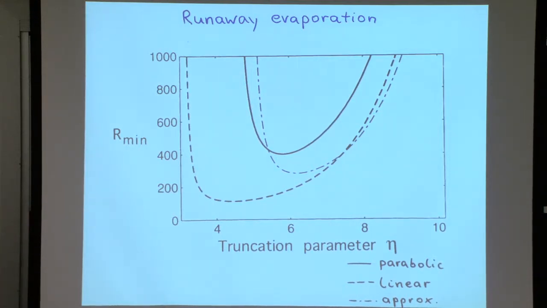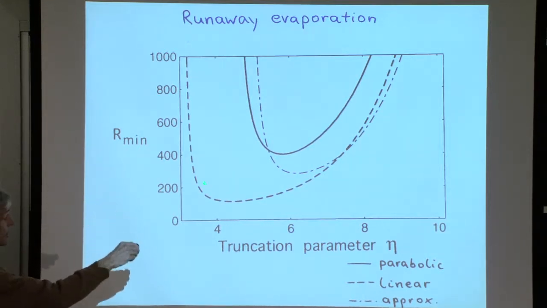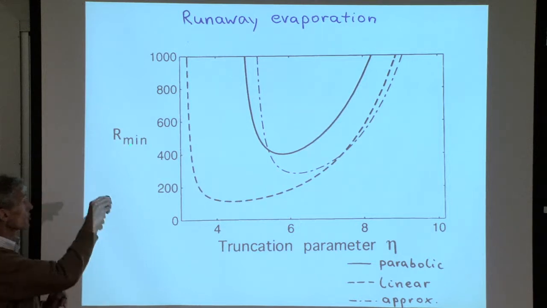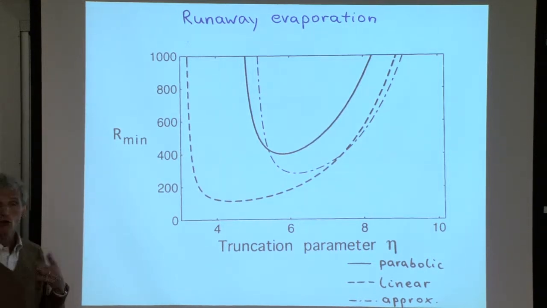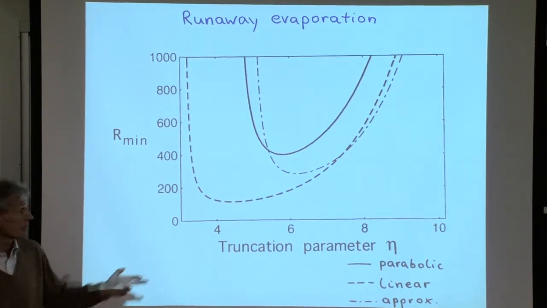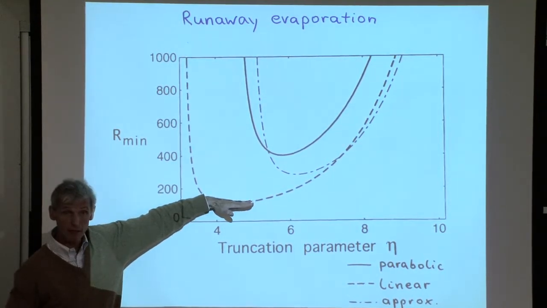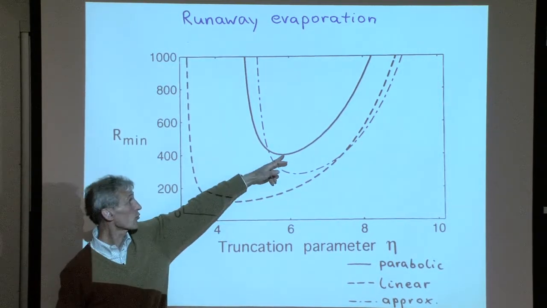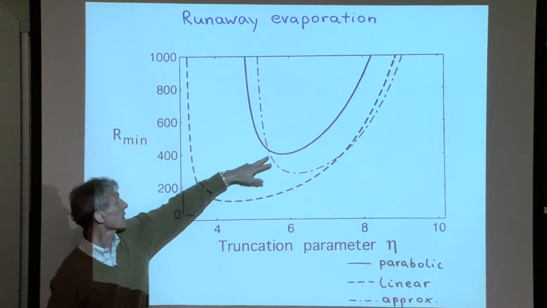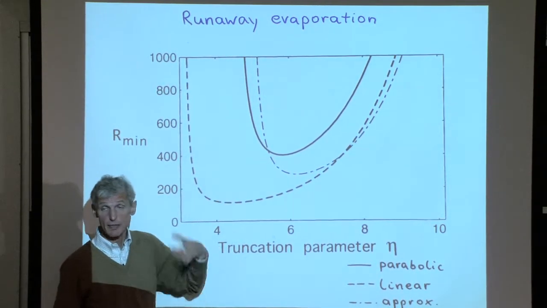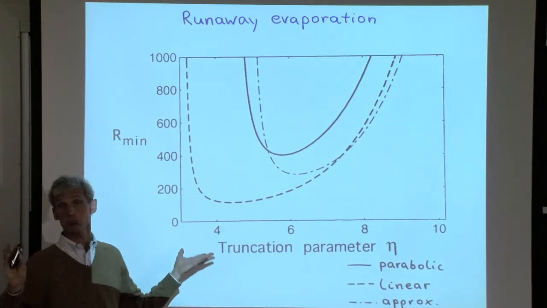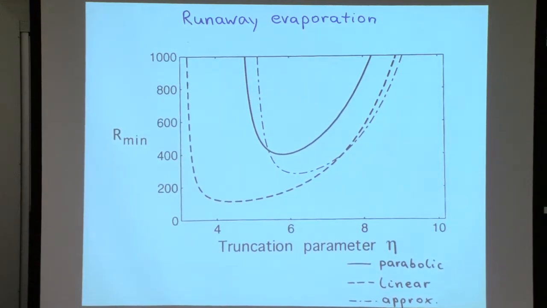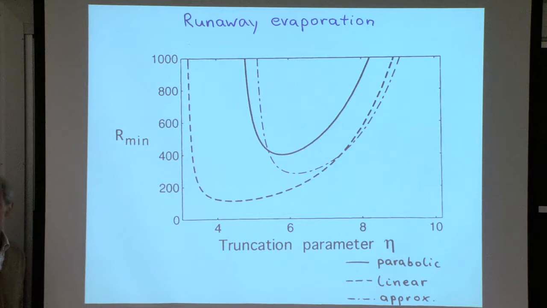You also realize that if you take a linear power law, like a quadrupole trap, you get the dashed line, and the dashed line has a much lower value of R min. In other words, if your vacuum is not good enough and you have losses, in a linear trap you can still overcome it by picking your eta in this regime, whereas for a parabolic trap, you need at least 2 or 3 times better vacuum to get into the runaway regime. Anyway, this is how you can look at those equations and figure out what is needed to get into evaporative